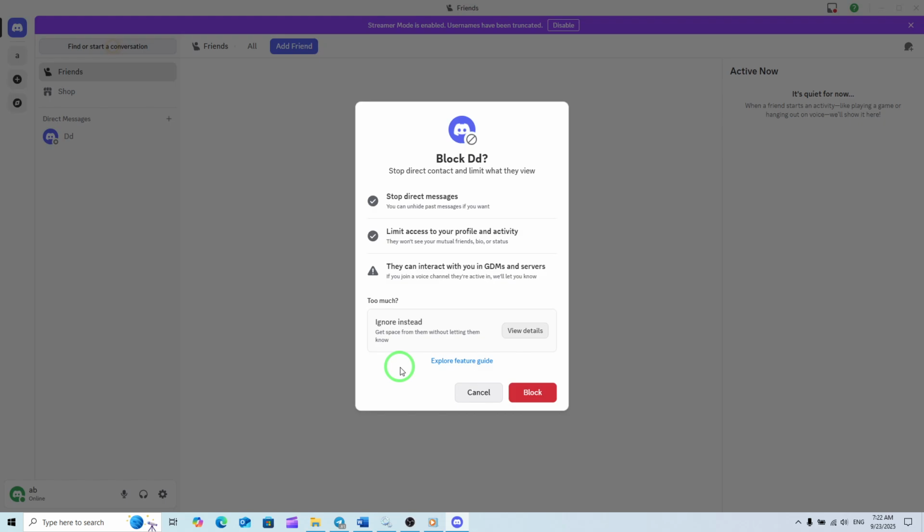Once you do this, the blocked user won't be able to send you direct messages, and their messages in shared servers will appear collapsed, so you don't have to see them unless you choose to expand them. Blocking is completely private, so the other person won't receive a notification telling them they've been blocked. It simply removes their ability to bother you directly. If at any point you change your mind, you can always go back to their chat, right-click, and select Unblock